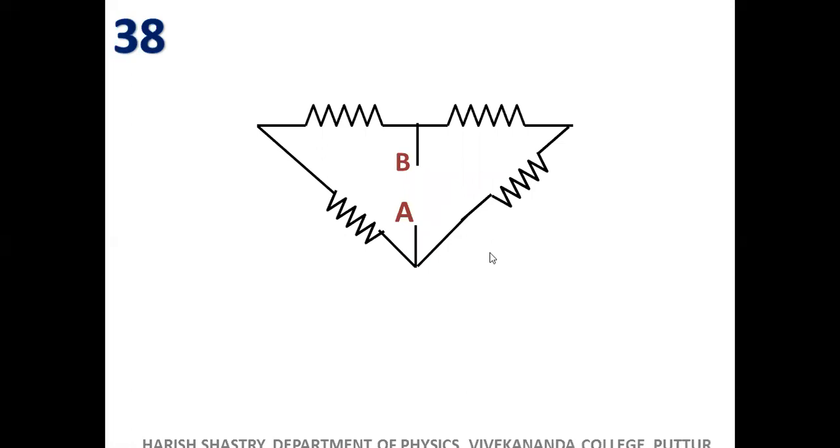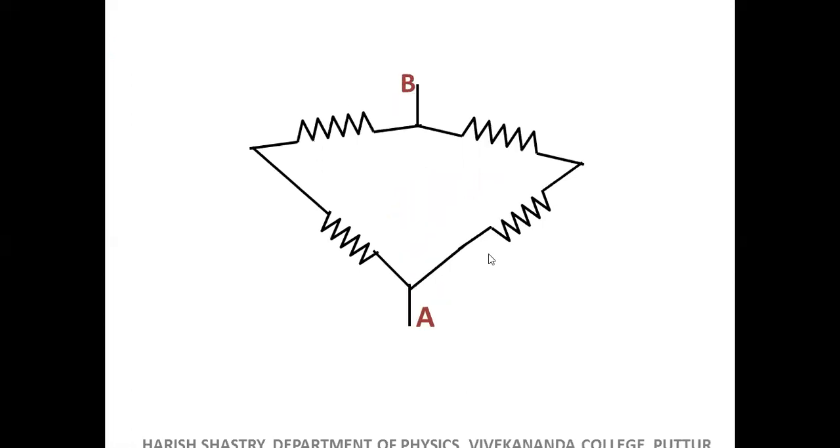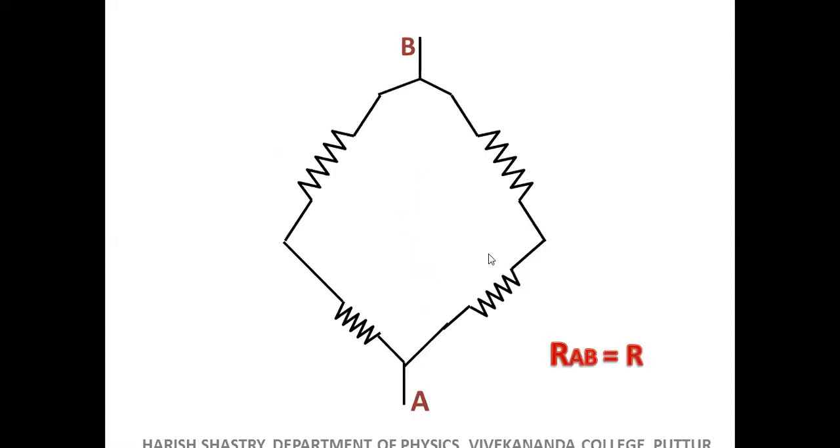So A and B are pushed out so that it looks somewhat familiar, right? It is like this. And now this is R, because it is a Wheatstone's network. And of course, the galvanometer has already been removed. R plus R, 2R, R plus R, 2R, 2R parallel 2R, 2R by 2 equals R. Or 2R into 2R divided by 2R plus 2R. That also gives the same answer. In any way, you should get the same answer.